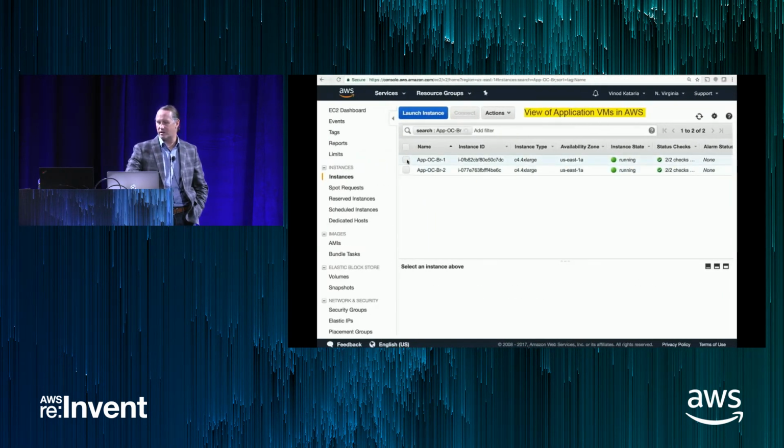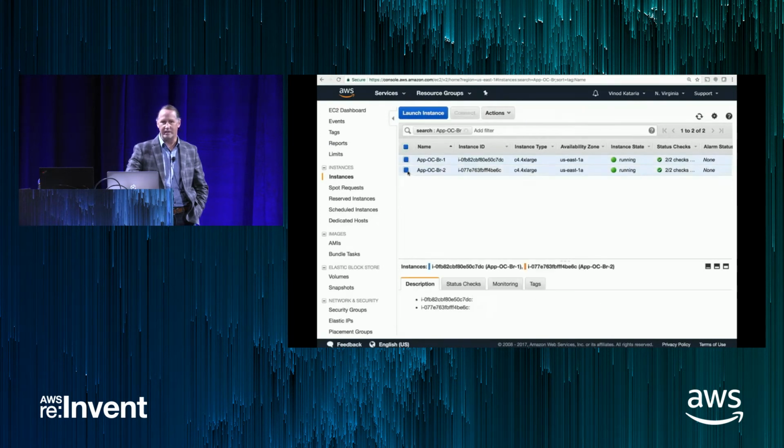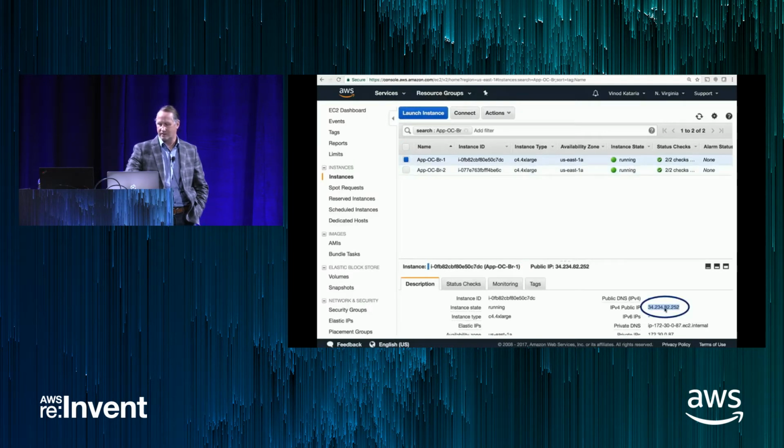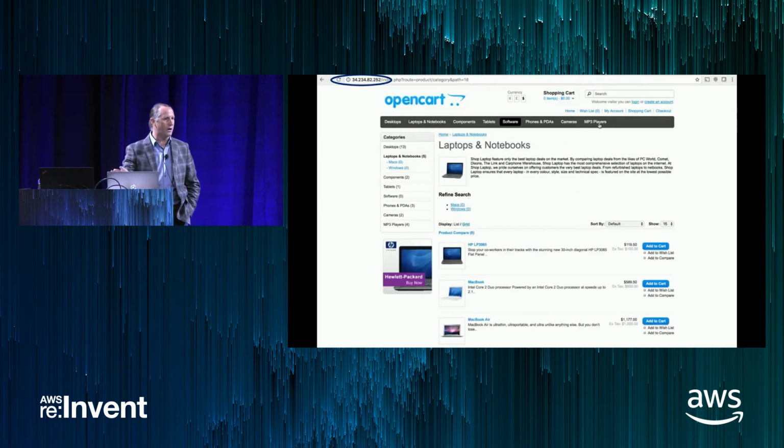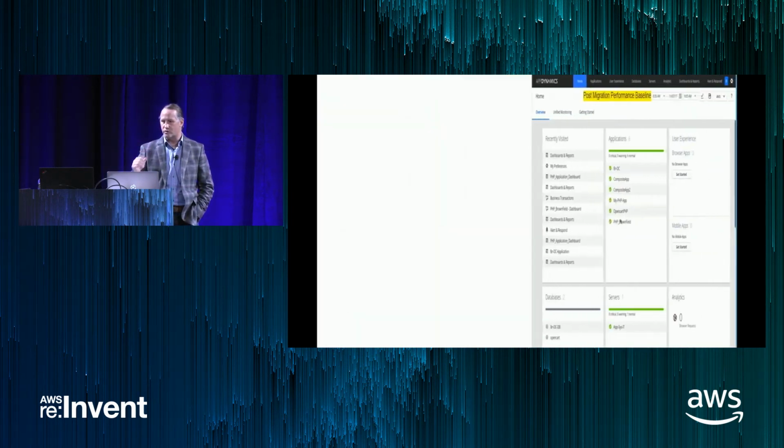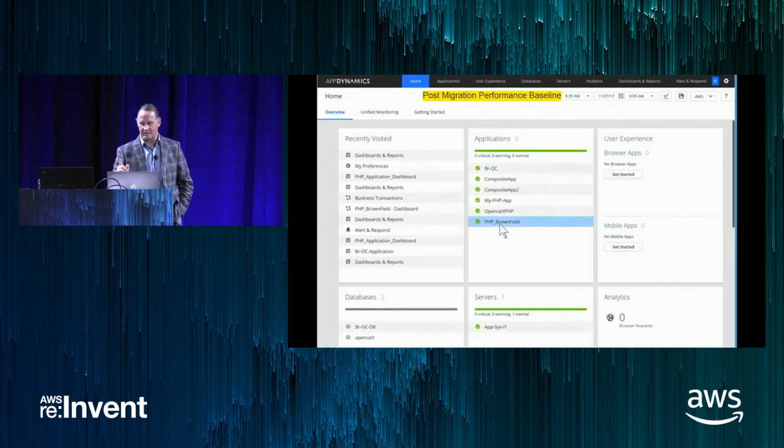Now, we haven't touched the AWS console here, but just to show you, these are now running in AWS. They have all the familiar things you saw: instance IDs, instance types, they're running, they've passed. These could attach, but we have a public IP address here. We went to look it up just to show you, okay, the OpenCart application is there. Normally we automate all of this. We actually go re-register it in DNS, we reconfigure load balancers, using a simple example here, but all of this can be automated.